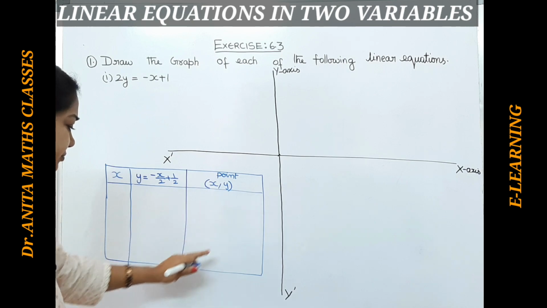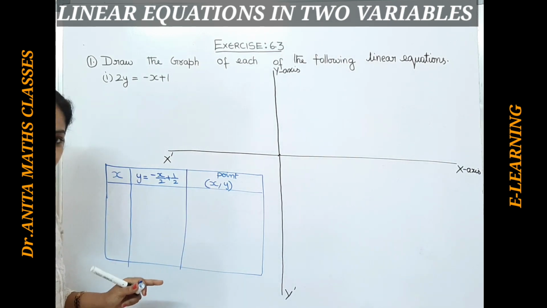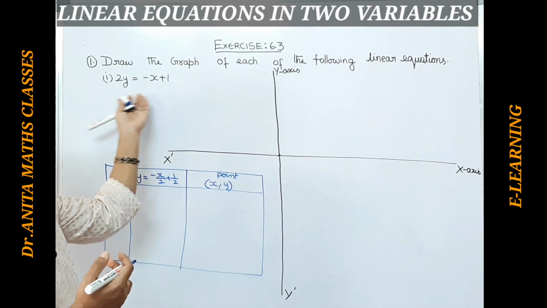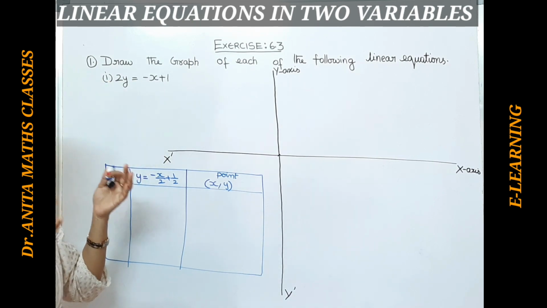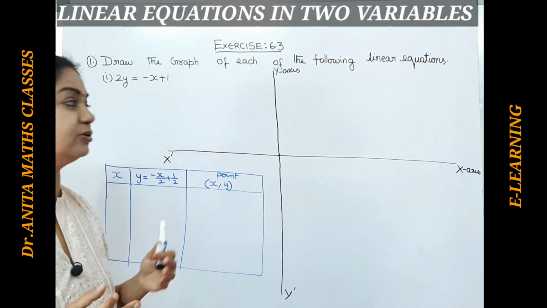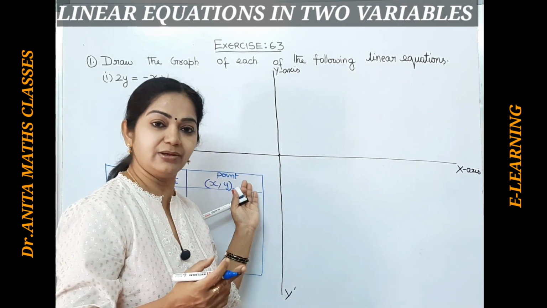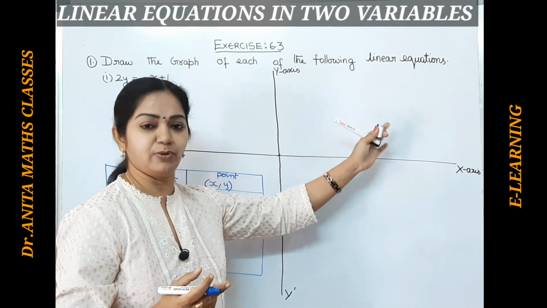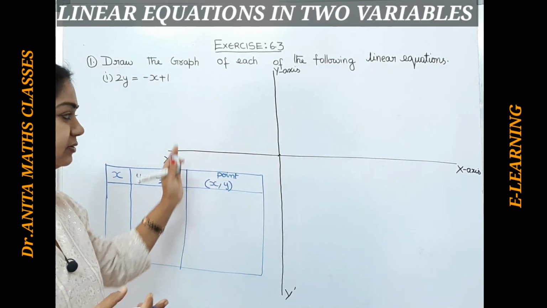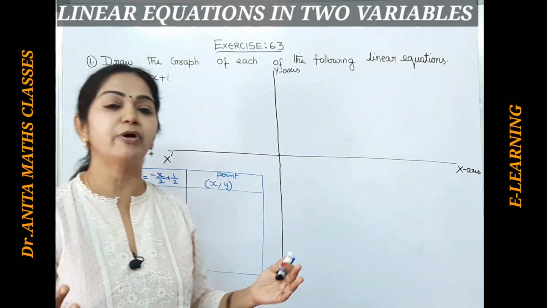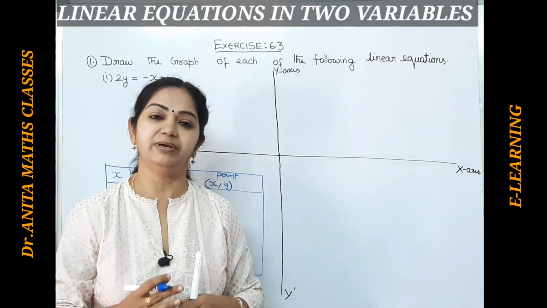Here we can suppose any values, simple values seeing this equation, like 2, 1 and so on. Also you can mention negative values, zeros and positive values, so that our graph will come out very clearly. If you take more than 2 points, the graph will be very good.